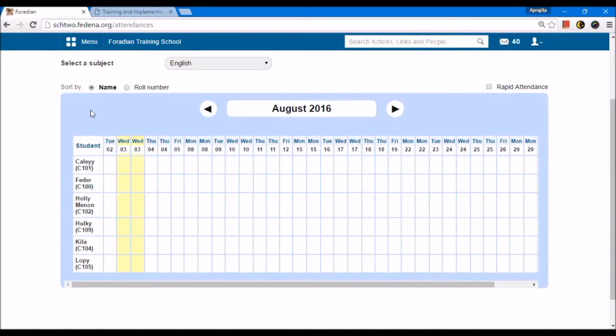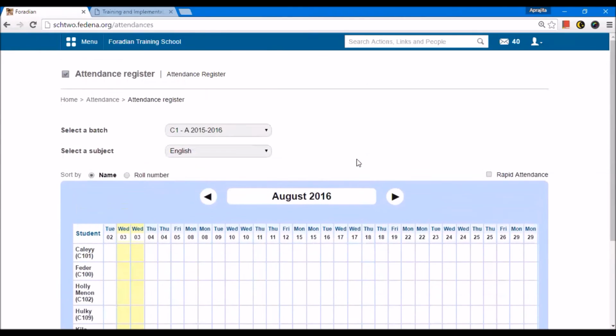I can also note that here all the students are listed. You can check that for this date, which is 3rd of August, it is repeated. That means for English, there might be 2 slots that are allocated while doing the timetable allocation. For this student, I can mark him absent for either of the slots or both of them. Similarly, if you see for Thursday, which is 4th of August, again, there will be 2 slots. For Friday, there is 1 slot, Monday, 2 slots, and so on. This can also be verified from the timetable of the student and for this batch.